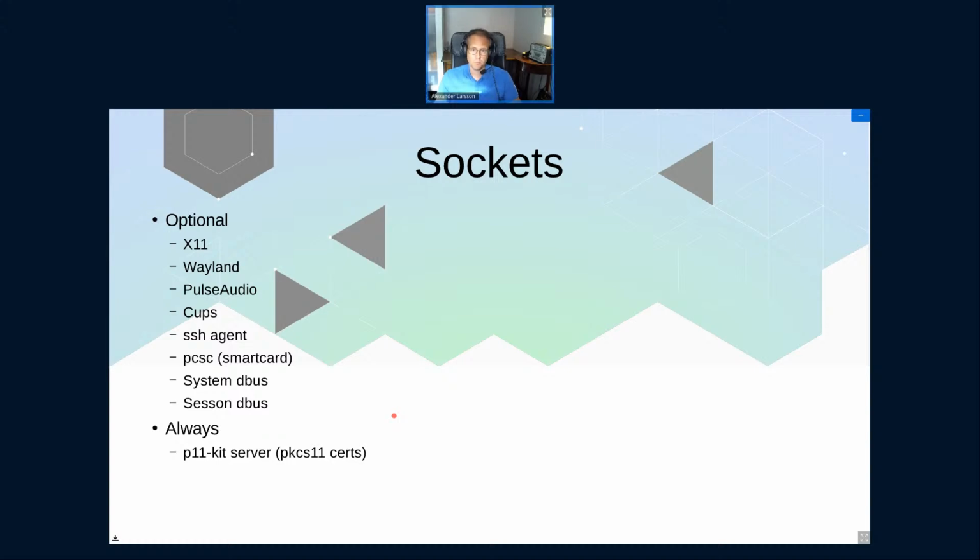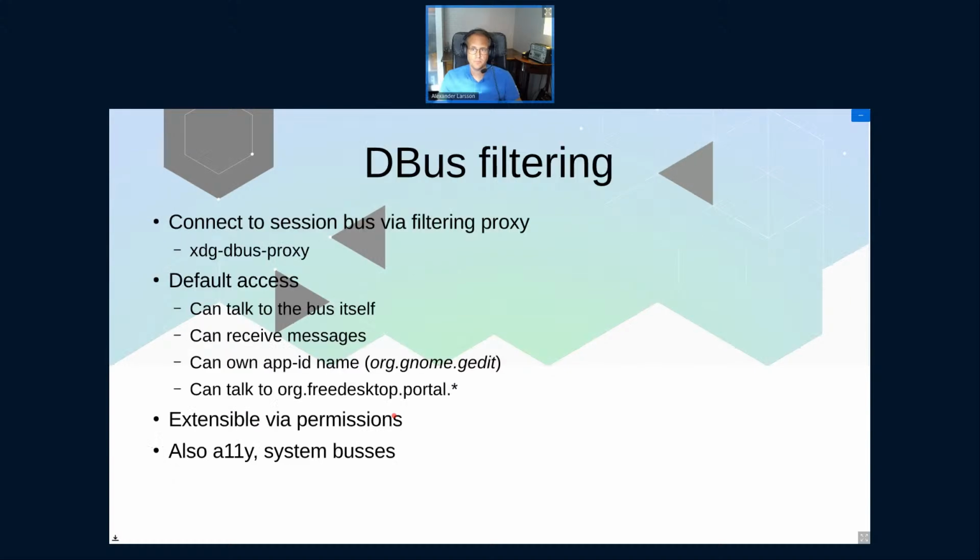We also set up a p11-kit server by ourselves to forward the root CA certificates to the client in a read-only way, which is standardized. So that's kind of cool. So if you have custom CA certificate roots on your host, they get forwarded into the sandboxes.